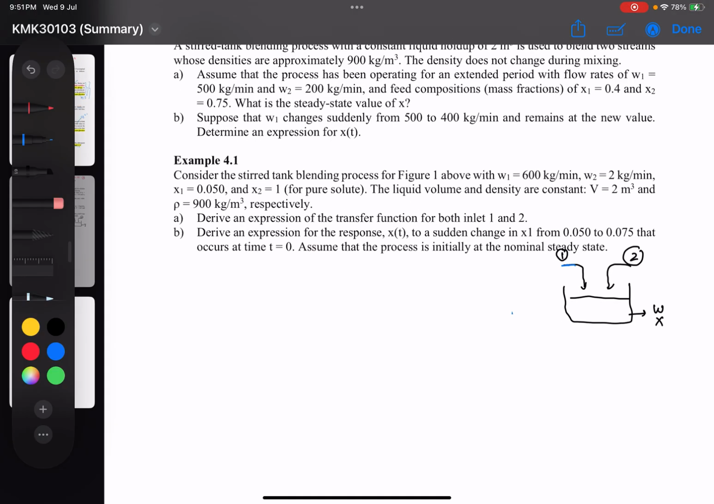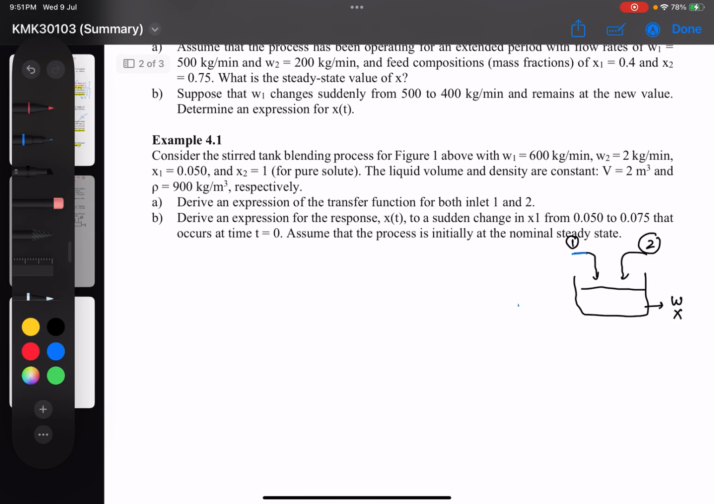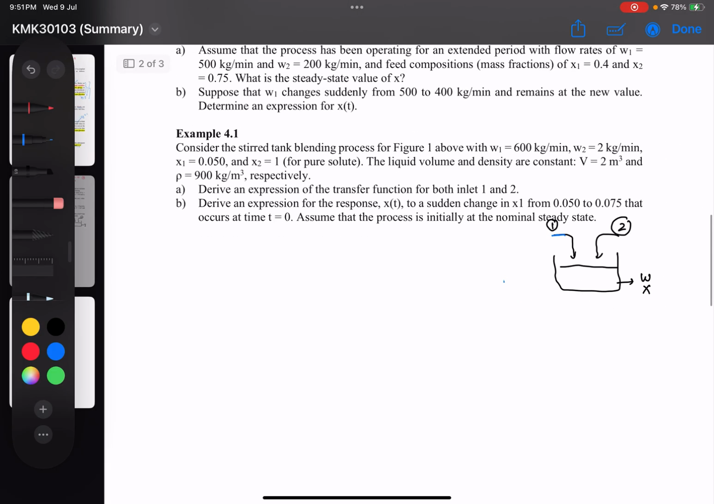Alright, I'm going to start with example 4.1 part B. I think the best way to start with this one is actually to draw it. So I'm going to have stream 1